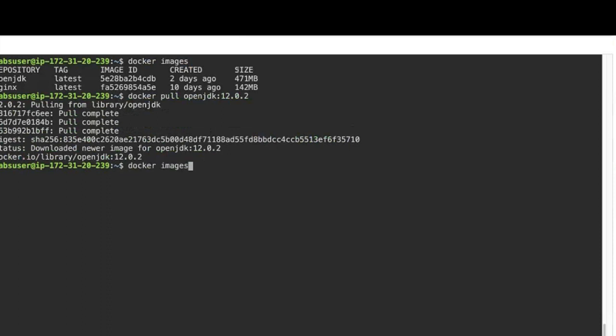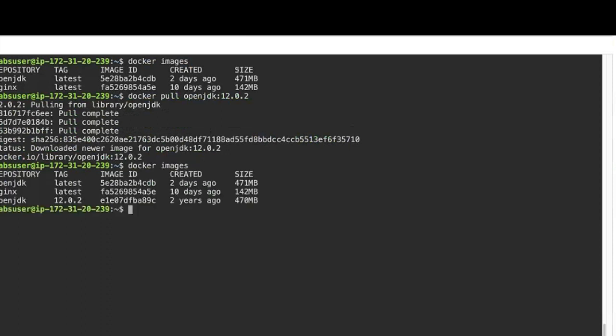Now when we execute the docker images command, you can see the difference. There will be both OpenJDK latest and OpenJDK 12 listed. By default, whenever you provide an image name, it will look for latest. Example, I'm going to do an RMI. RMI is nothing